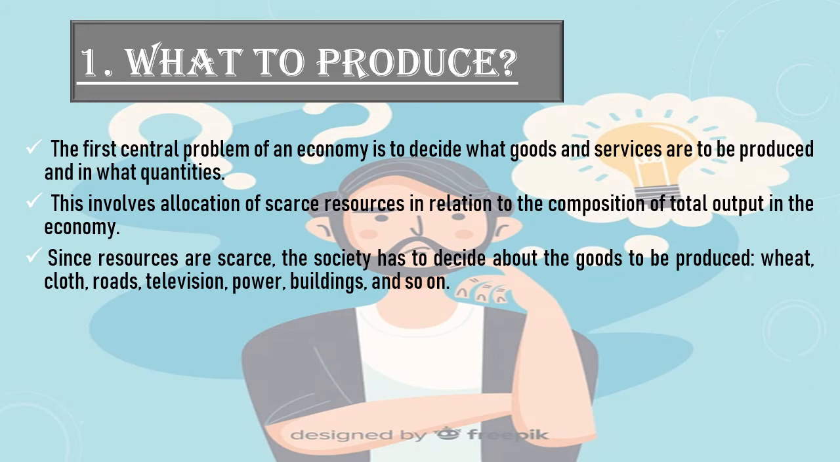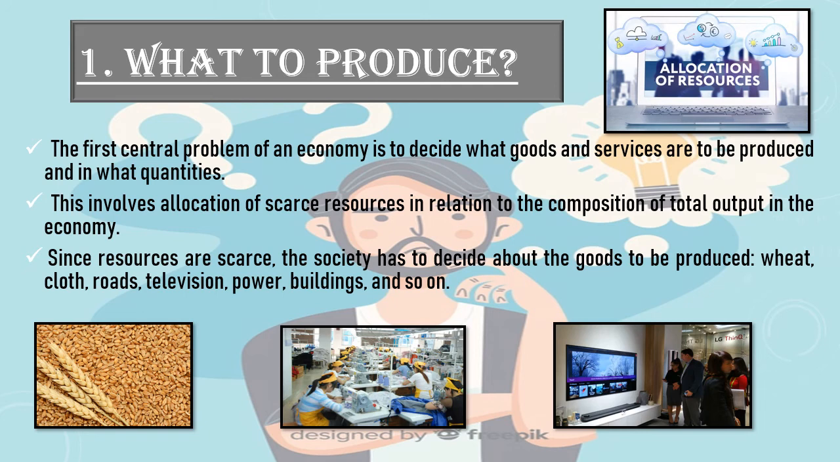Since resources are scarce, the society has to decide about the goods to be produced: wheat, clothes, roads, television, power, buildings, and so on. So, first of all, the economy has to decide what goods and services are to be produced. For example, which of the consumer goods like sugar, clothes, wheat, ghee, etc. are to be produced, and which of the capital goods like machines, tractors, etc. are to be produced. Similarly, a choice has also to be made between the production of wartime goods like rifles, guns, tanks, and peacetime goods like bread,